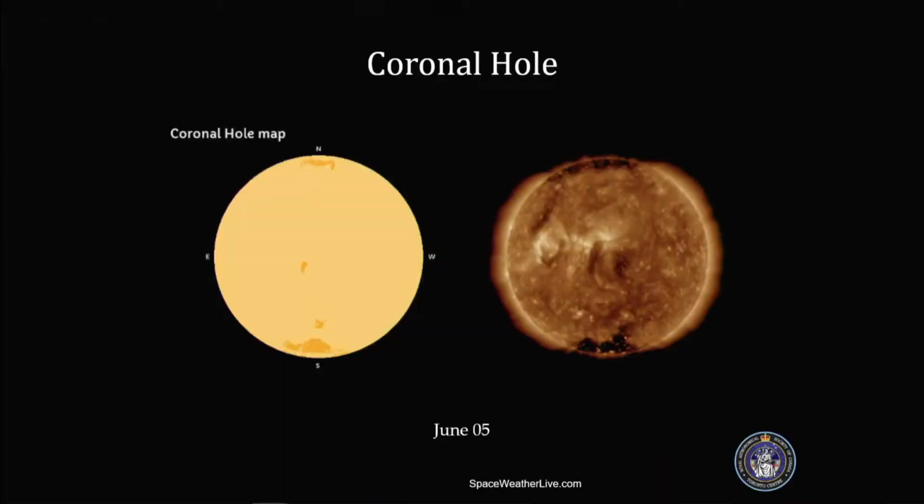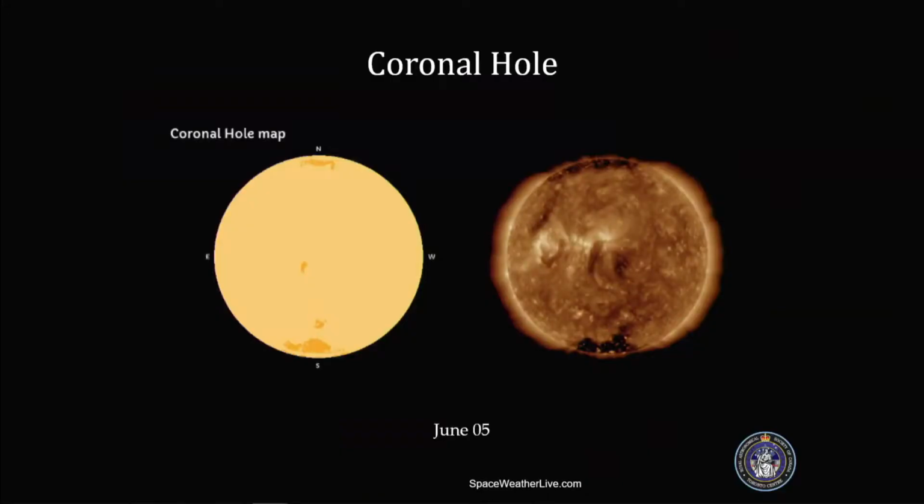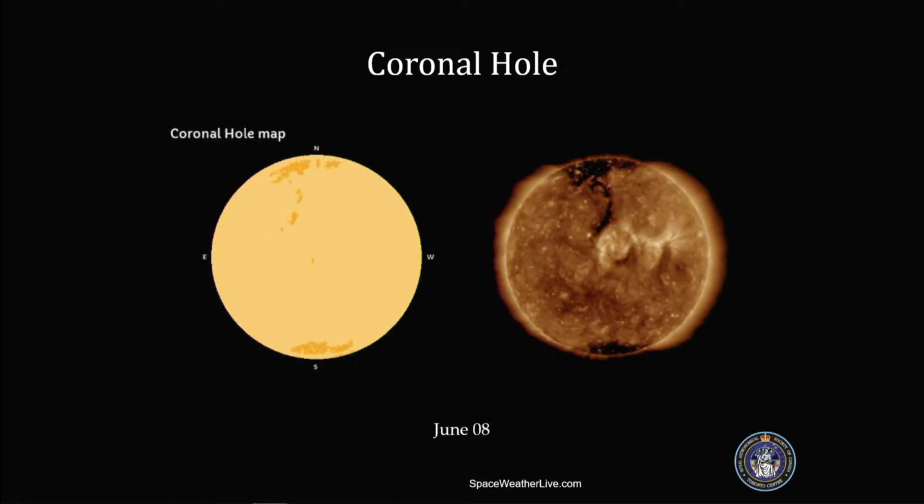And because coronal holes can last for a couple of months, they can rotate more than once into view, so we have an opportunity to predict loosely whether or not we're going to see some activity based on the coronal holes. Now here's a sequence starting from June the 5th, and you'll notice that we do have holes at the top and bottom, but here we have a finger stretching down, and here's another representation of it in simple graphic form. And now what we'll do is we'll step through this and watch as the sun slowly rotates that finger